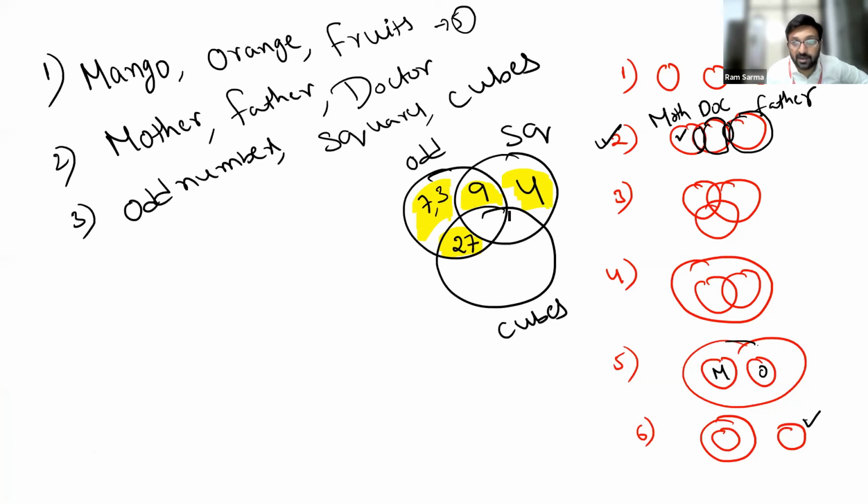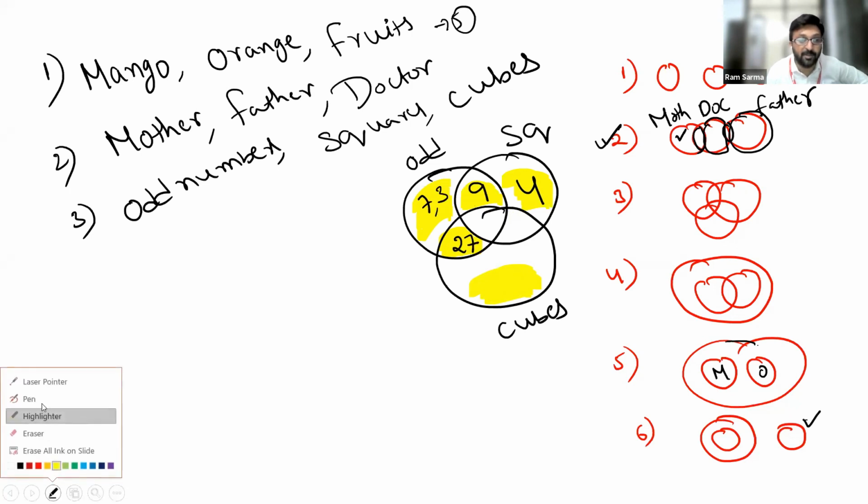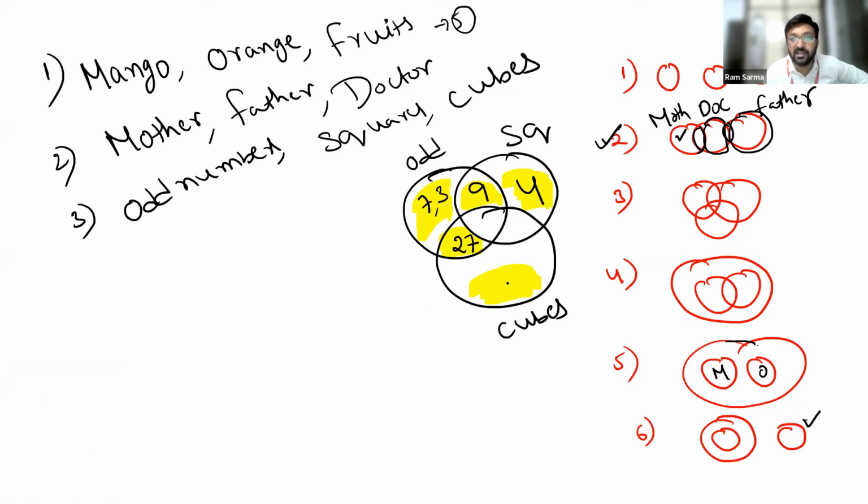Now, can you guys tell me an example here? A number which is a cube. It should not be a square. It should not be an odd number. Karma Chaudhan said 8. One of your friends said 64. 64 is not the answer this time. The reason, 64 is a square as well. 64 is a cube and it's a square as well.